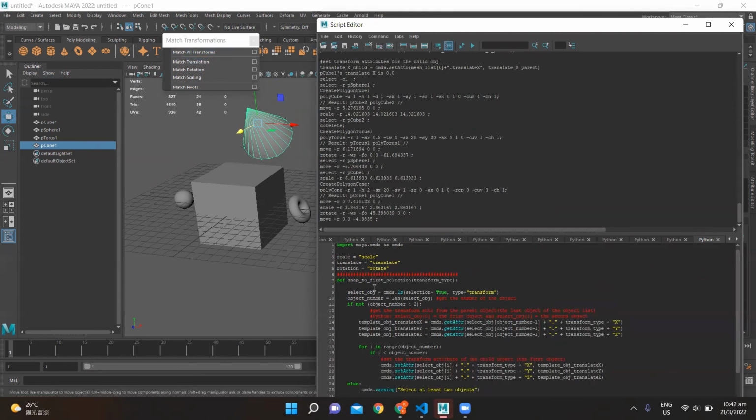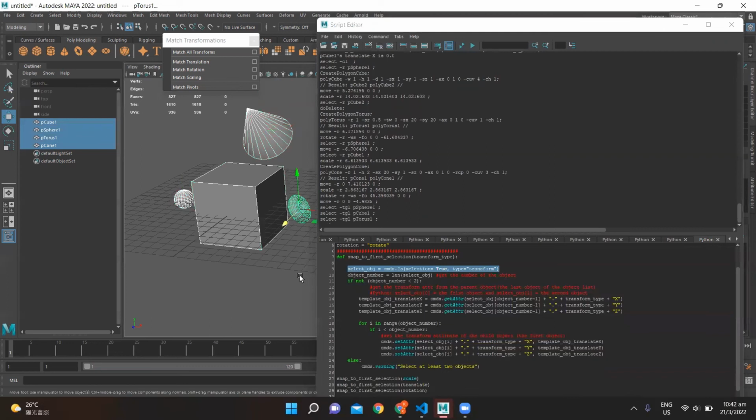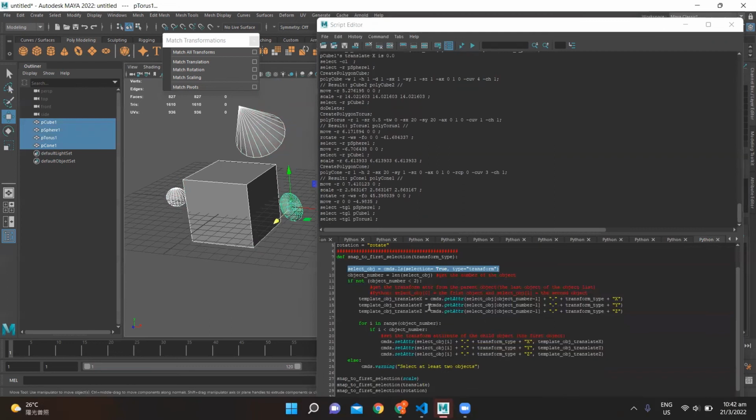So basically I set up similar things, like create a list for the selection objects, like all the selections. And then I try to get the numbers of the objects from the selection list. And I try to set up like if the